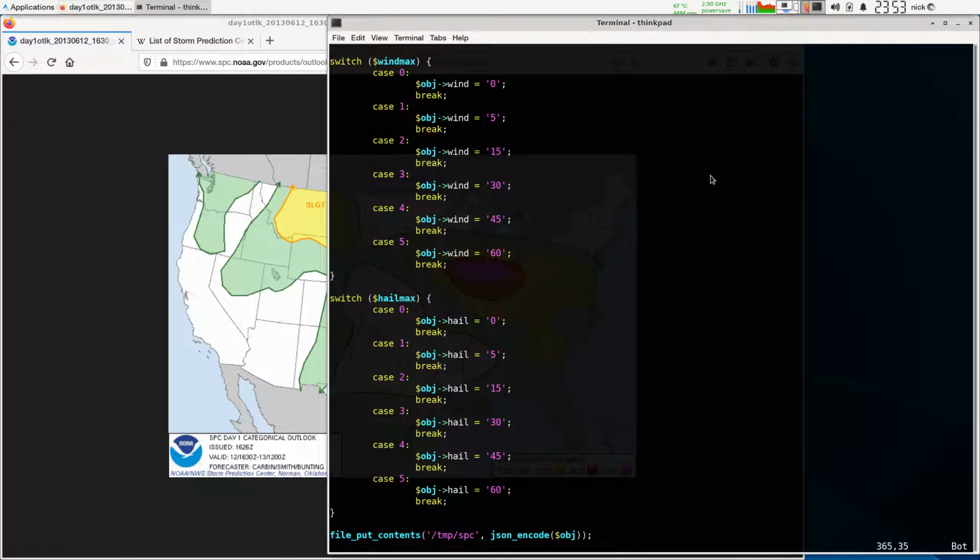temporary file. So every morning, there's actually just a cron job that kicks off and looks at that temporary file, and if there's a risk, it converts it into an even more human readable form. So it would be something like, today there is a moderate risk of severe weather with a 10% tornado chance, a 45% wind chance, 15% hail chance, something like that, just so that we know to be on the lookout